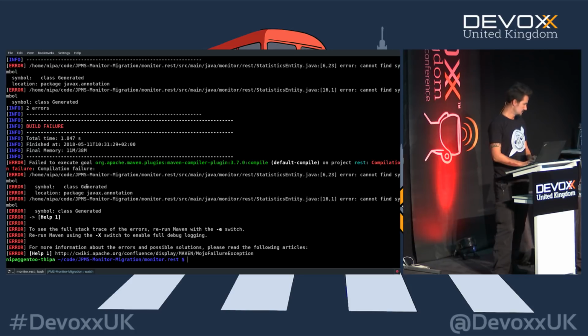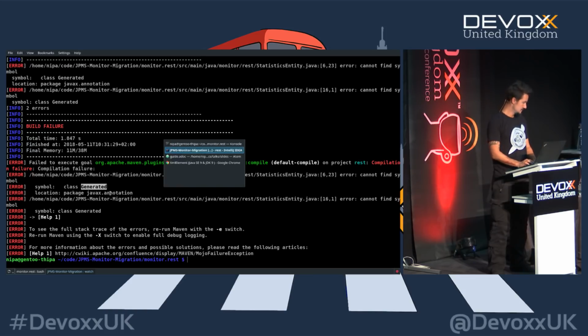Now we go down to this generated error. And generated comes from a dependency. So I know the part. I use the add_generated annotation. The add_generated annotation comes from the JSR 305 jar. And the weird thing about that is that